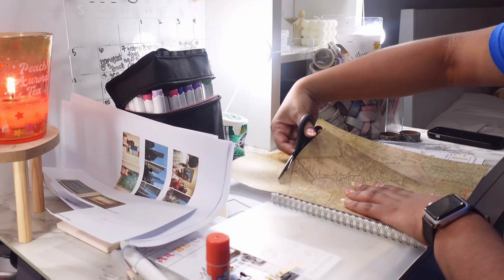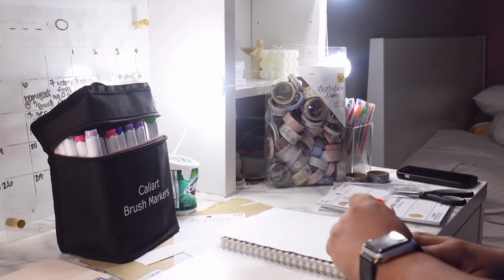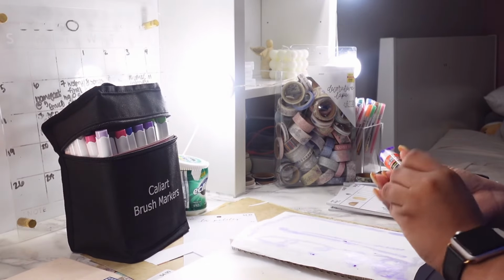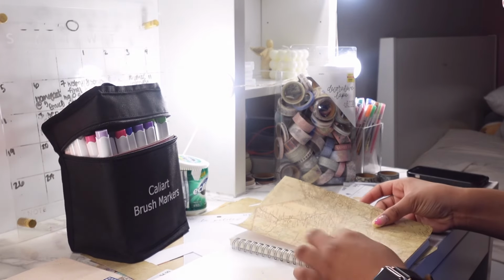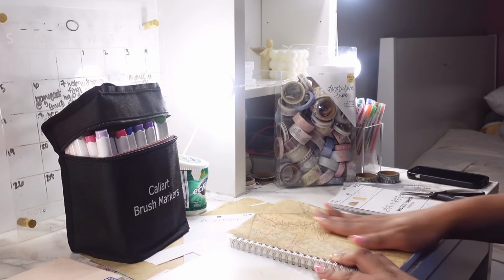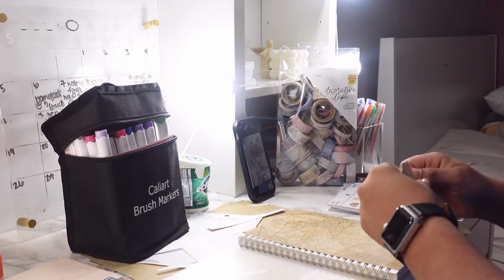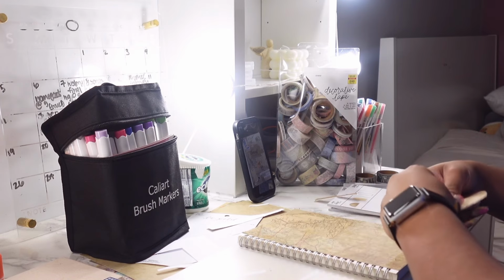So the next one I'm doing is my travel journal. This one was the one that I feel like I put the most time in. This one honestly came out the cutest of all of them, and this one was just a bunch of random postcards and paper together. So the paper that I'm using is from Hobby Lobby. It's like one of those map ones. I actually got inspo from Pinterest for this travel one, and then I'm ripping up paper from the Hobby Lobby